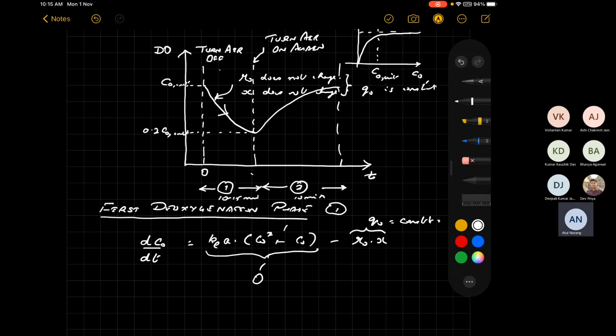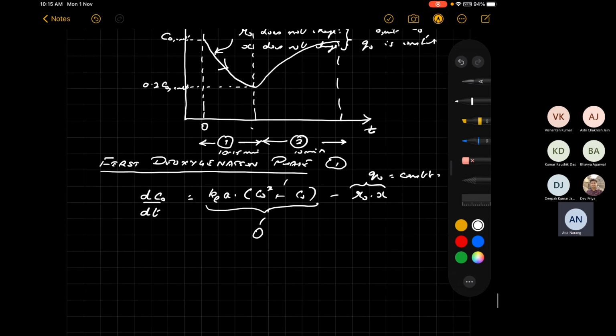This assumption is not quite right because you have all these bubbles that are still floating around containing air. Until these bubbles rise up to the top into the headspace and go away, they will still be passing on their oxygen to the liquid phase. So this assumption is not quite right, but this is the assumption